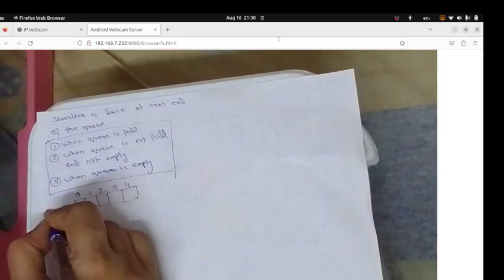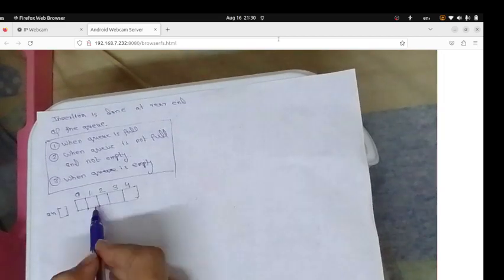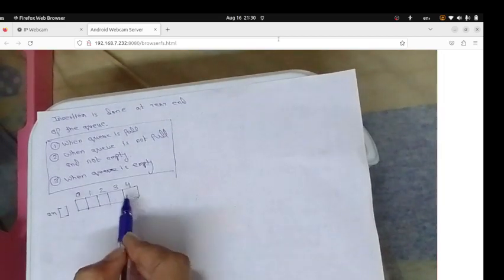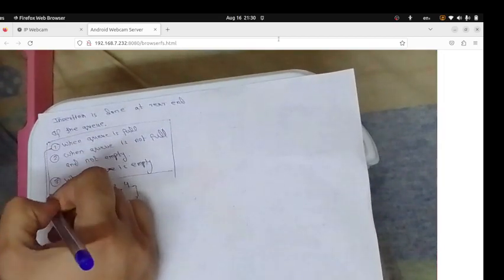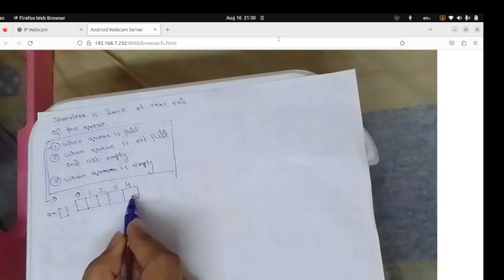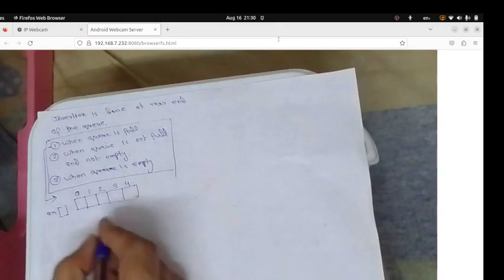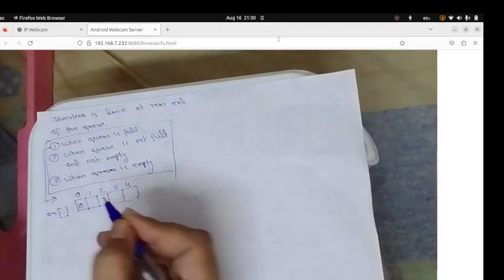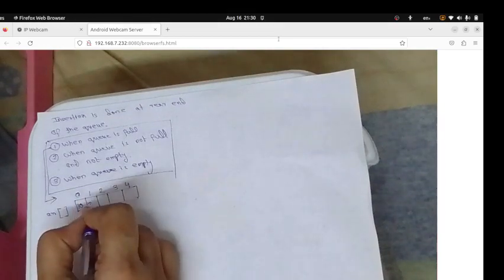So this is the array, and we will consider the first case when the queue is full. All of the positions in this array are filled up by some item. Suppose at the 0th index the item is 10, then 20,